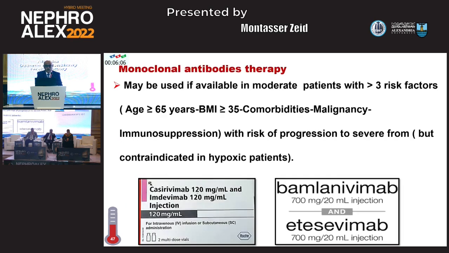Monoclonal antibody therapy may be used if available in moderate patients with more than 3 risk factors, which are age more than 65 years, body mass index more than 35, and comorbidities such as malignancy and immunosuppression, with risk of progression to severe form, but it is contraindicated in